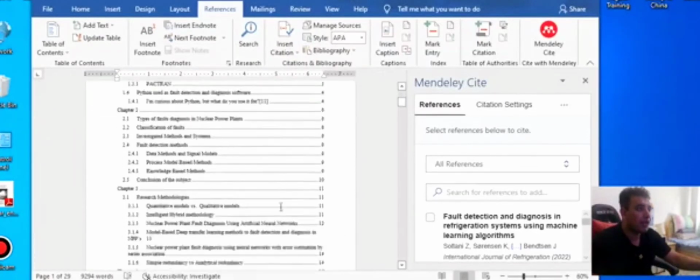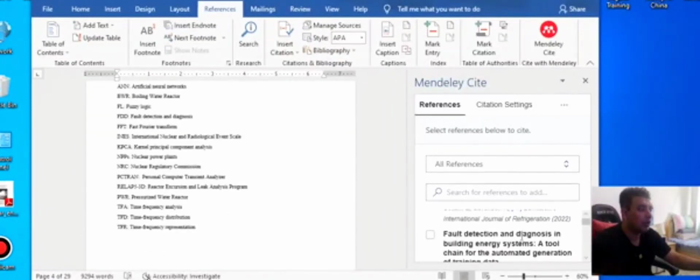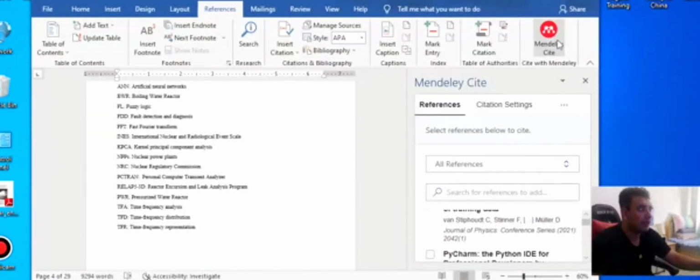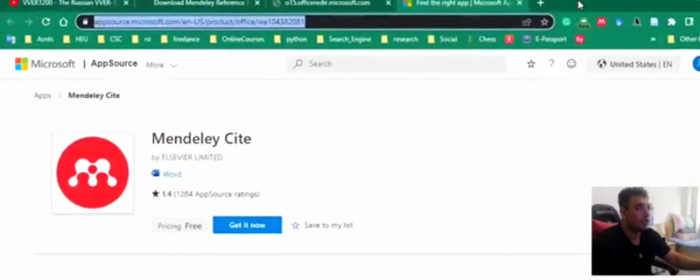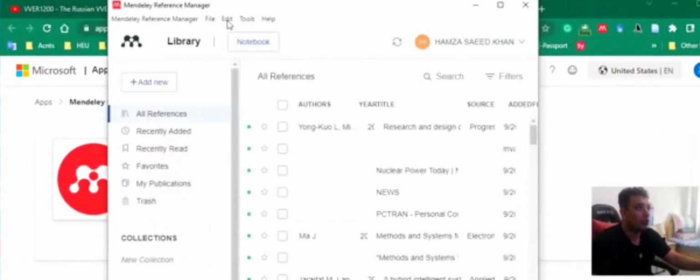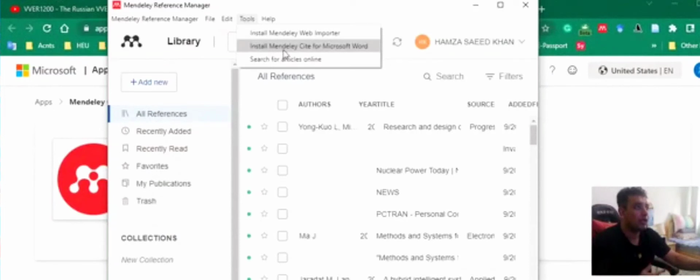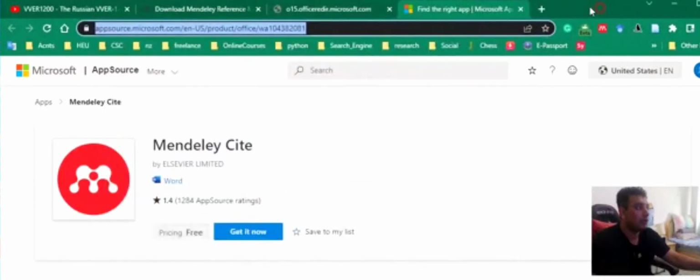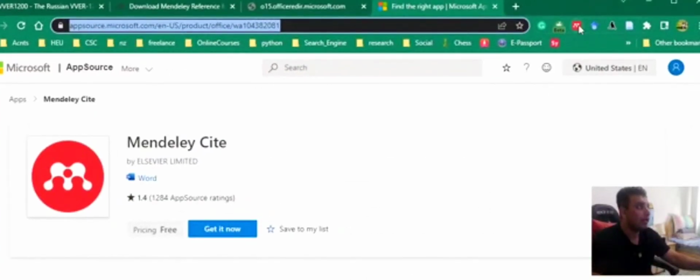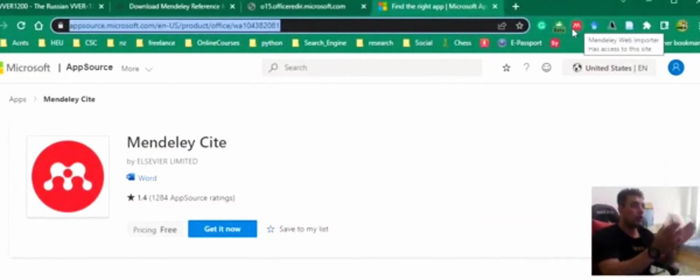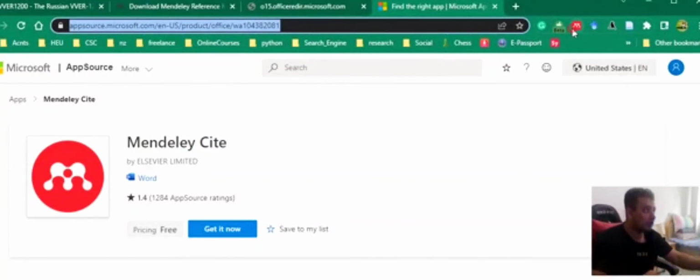So for example, I give a reference. Now I uploaded all this literature to my app, and then I connected to my Word by using this option. You will go to the tools, and then you will click on install Mendeley site for Microsoft Word. After that, you can also use install Mendeley web importer, just to connect it with your browser for Google. And if you want to add some site to your reference, you can also use such type of app